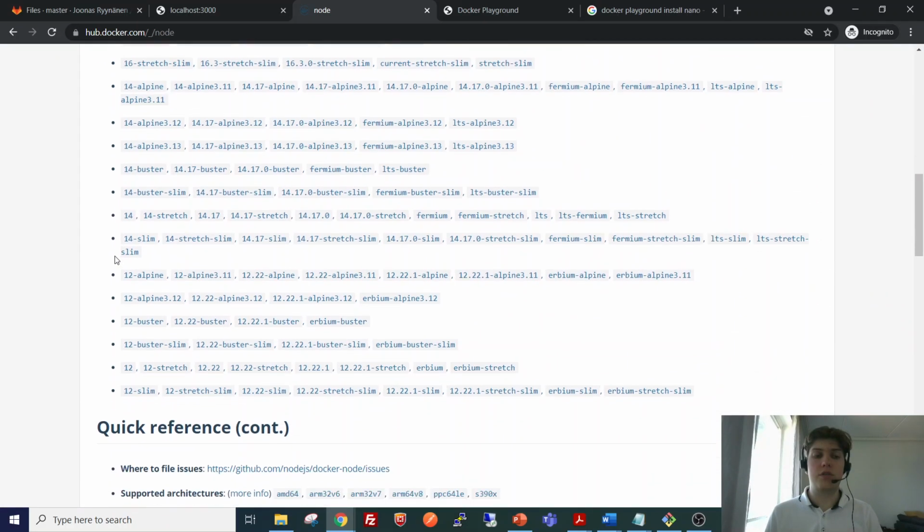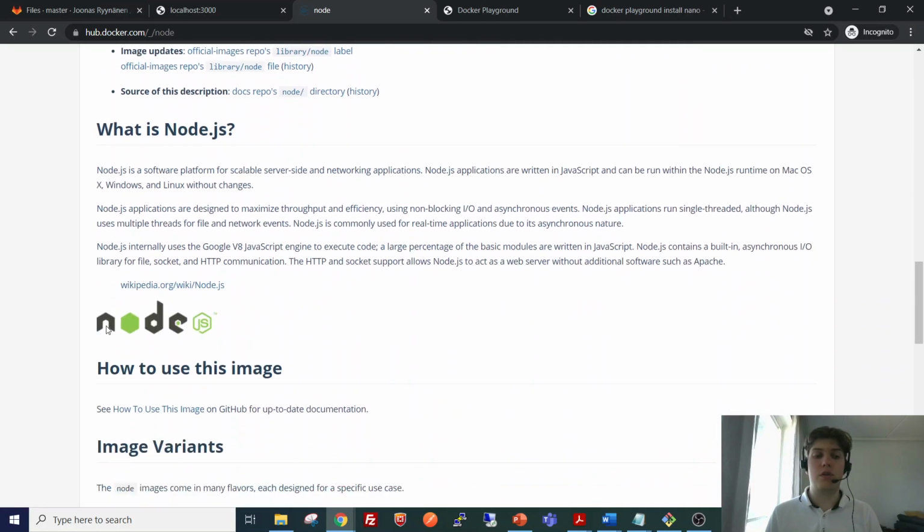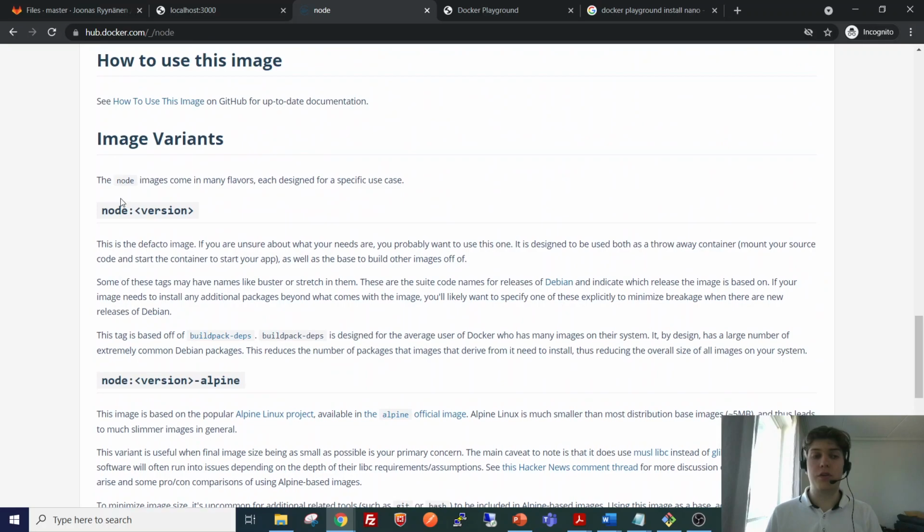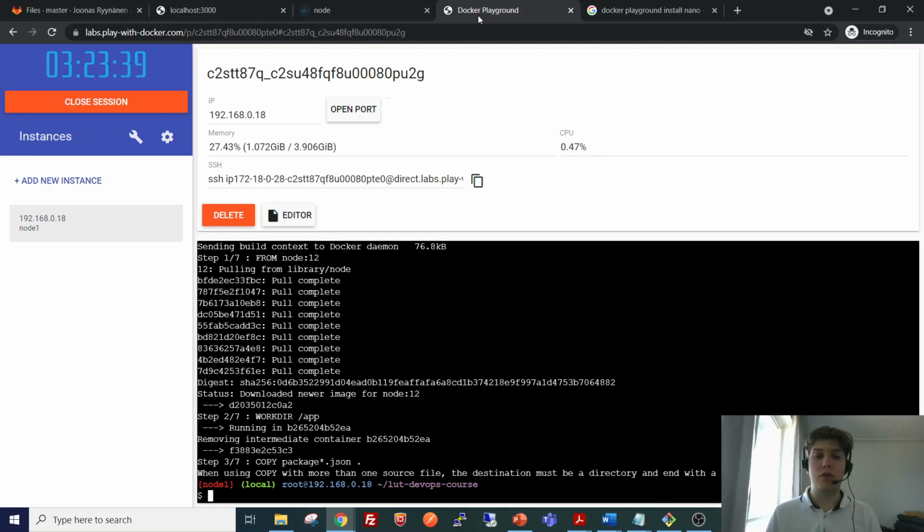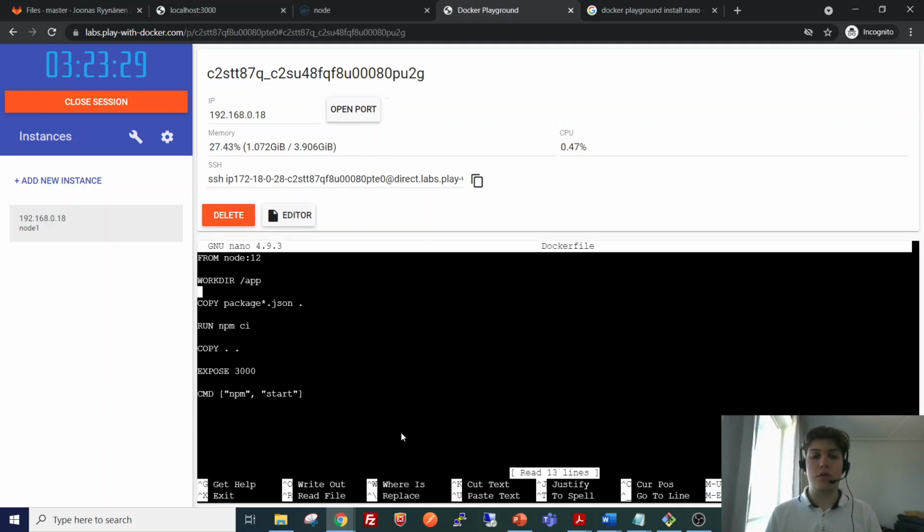We can see that we have used this 12 tag in order to tell the version that we want in our image. Okay, and there seems to be a typo in our Dockerfile. We need to have a slash here.